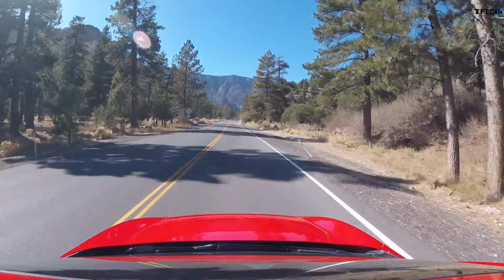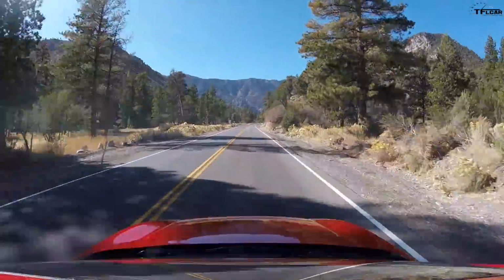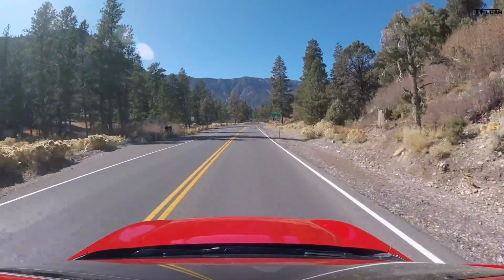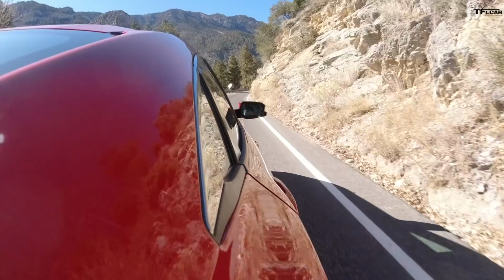I do love the fact that you can really hustle this car around with authority. Now, if you want the bare-chested, bare-knuckled version, of course, you're going to get the Type R. That one's going to almost pull the steering wheel out of your hands. But this one is all about Goldilocks. It's all about being just right. Fast enough to be fun, but not fast enough to scare your wife or your kids when you're hustling it